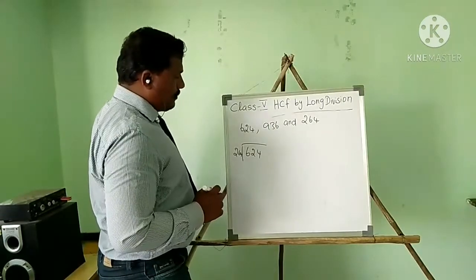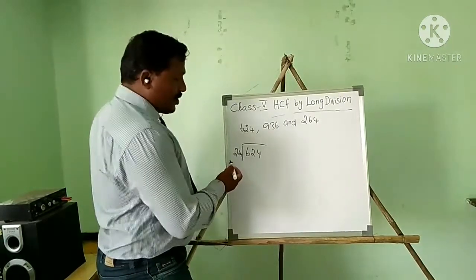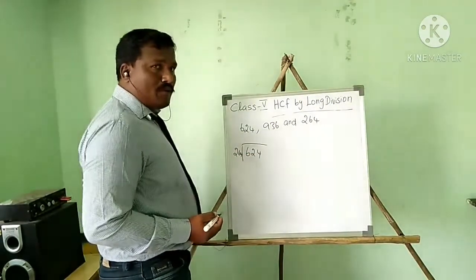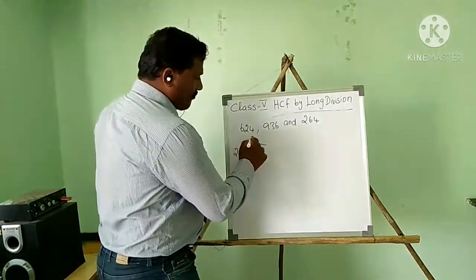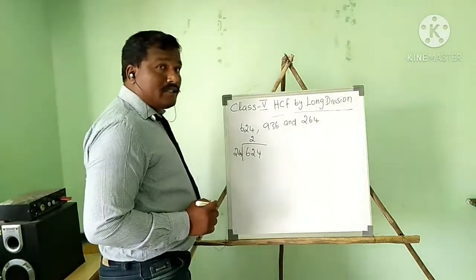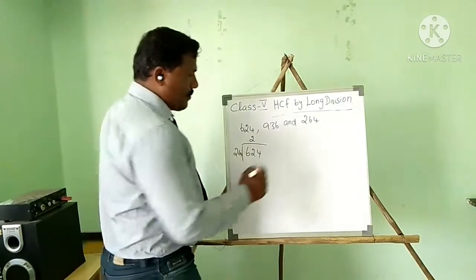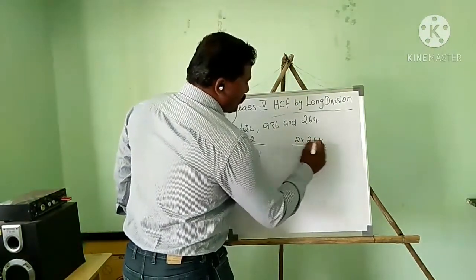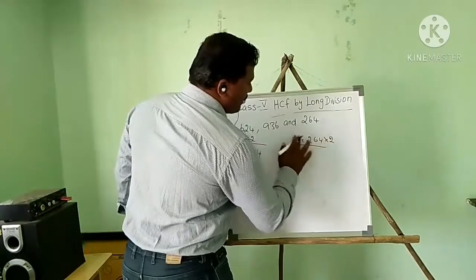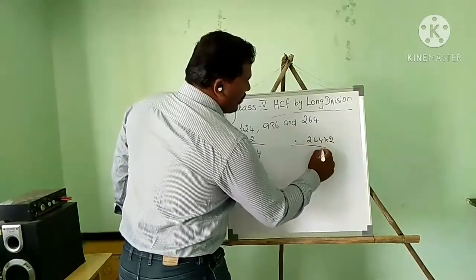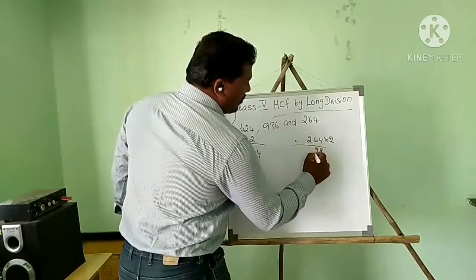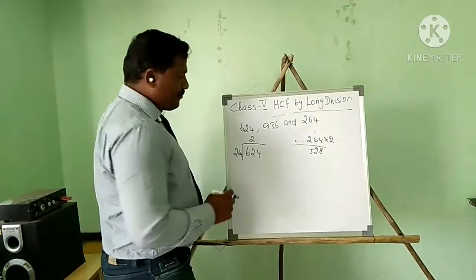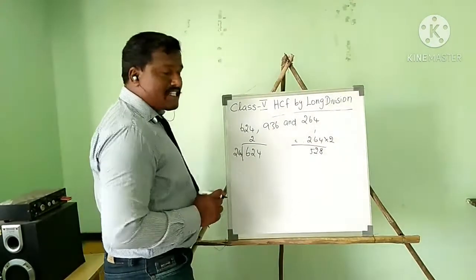Okay. So how many times can we divide? How many 264s are there in 624? I will take 2 times. So 2 into 264. 4 2s are 8, 6 2s are 12, remainder 1, 2 2s are 4, plus 1 is 5. So 528. So 2 into 264 is equal to